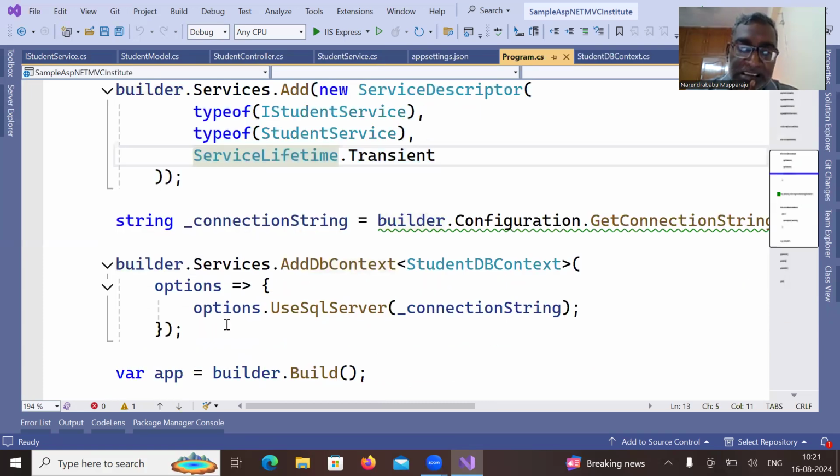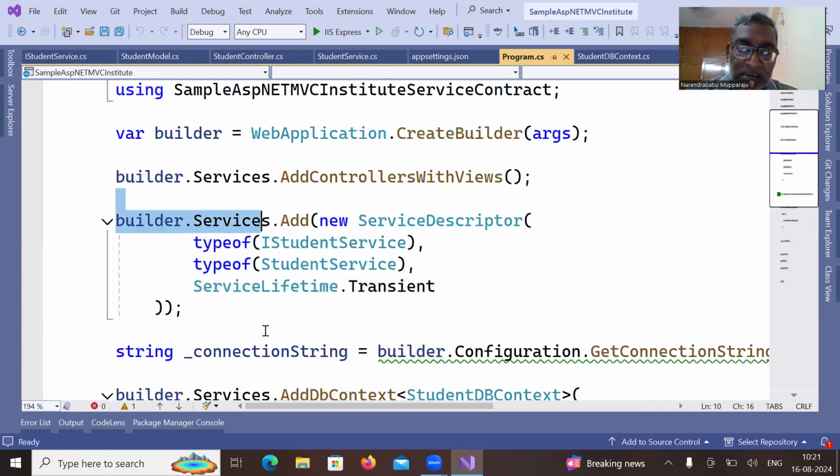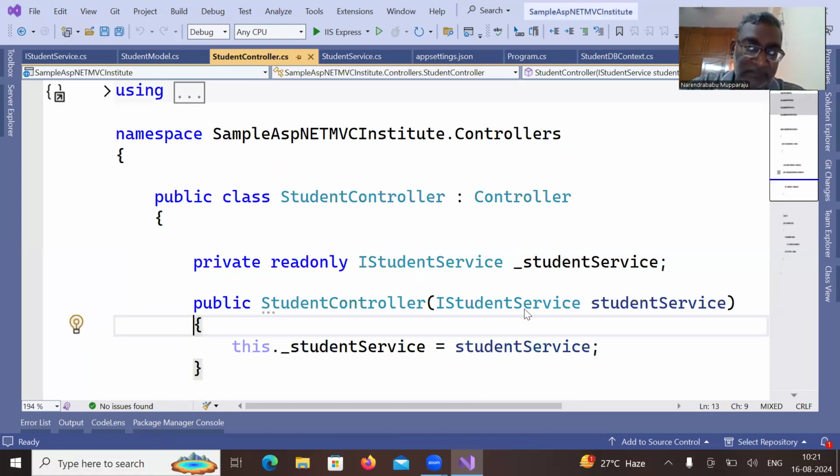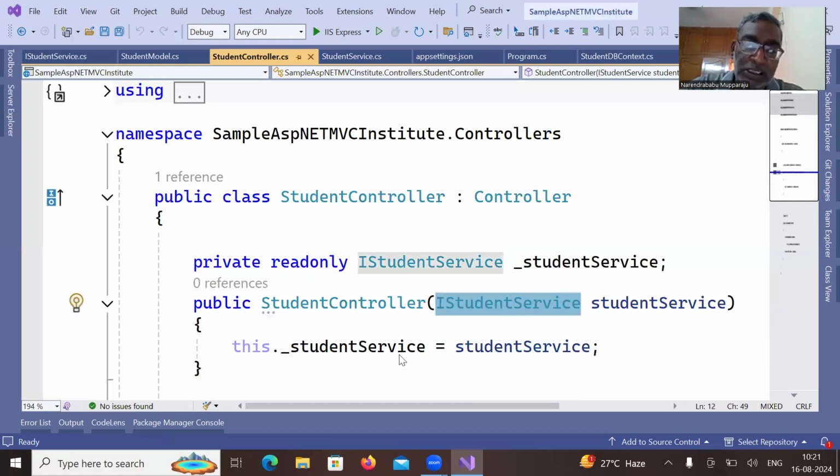Now, without a connection string, if I add this, whether the controller will create the object or the service will create the object, which one will create the object for the first step? You have to tell which one will be created as an object. Service. Super. After that, that service will be injected as an instance with this particular stuff,